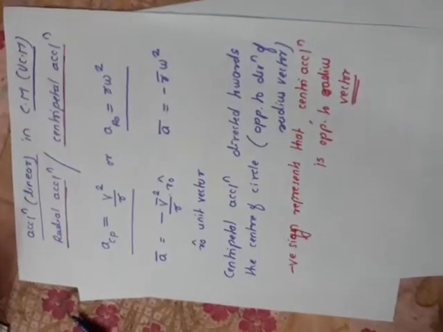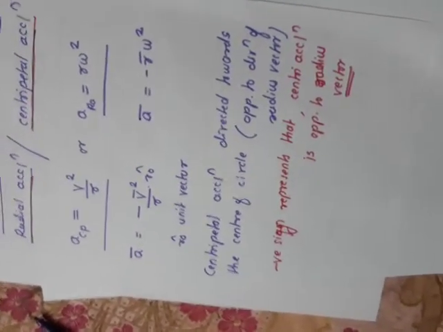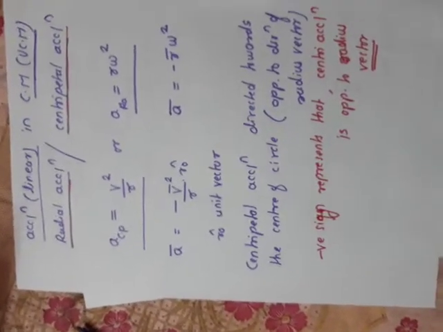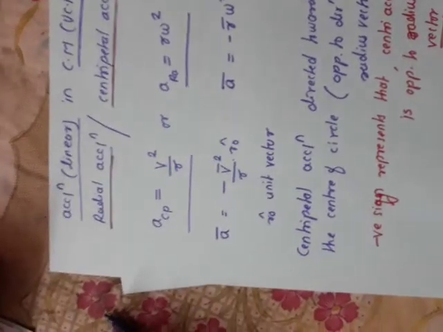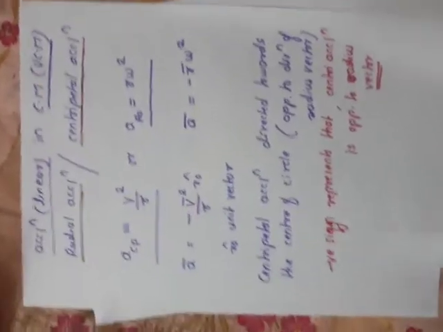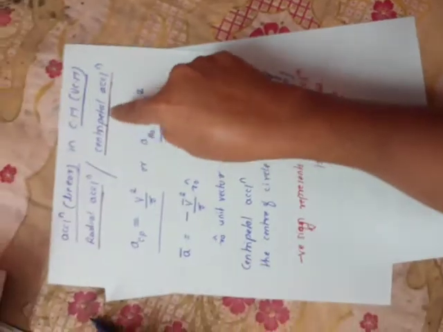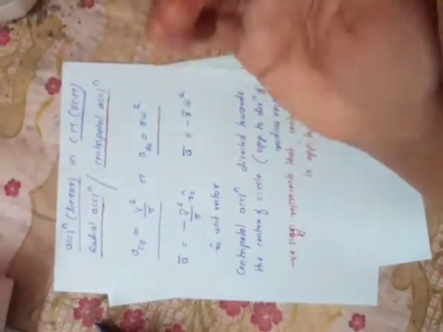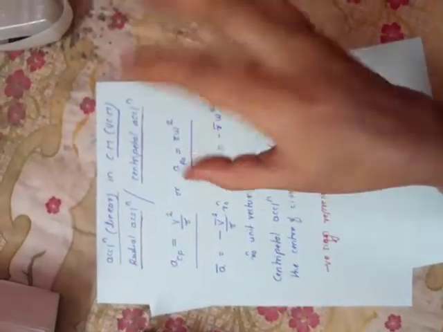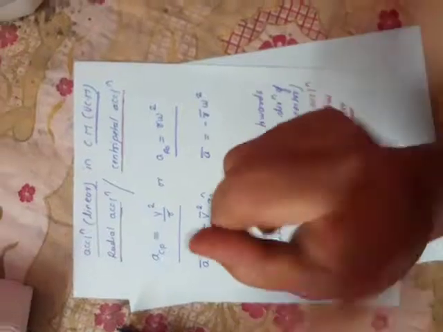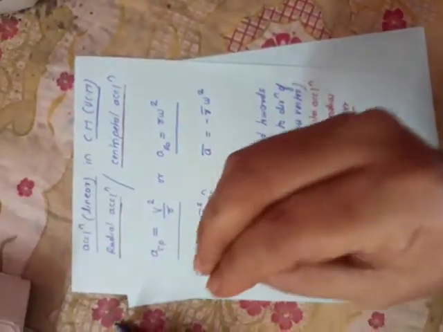The question is, why is linear acceleration known as radial acceleration? The answer is simple: because linear acceleration in circular motion is directed towards the center of the circle, hence it is known as centripetal acceleration, whereas it is opposite to the radius vector, hence it is known as radial acceleration. Simple but very important term regarding the formula, the vector notation, and also for the sums.